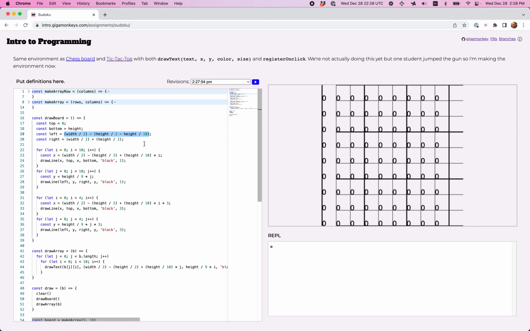So that's like if width divided by 2 minus height divided by 2 is some place on the x-axis, and then we're going to add height divided by 10, which kind of looks like the size of the squares, right? Because there should be 9 of them, so 10 is a little smaller. So when I is 0, it's right on this value, and the next time through it steps over 1 square, and when I is 2, it steps over 2 squares. So that suggests that, at least in this loop, this functions as the left,